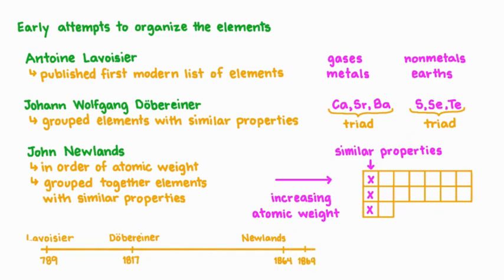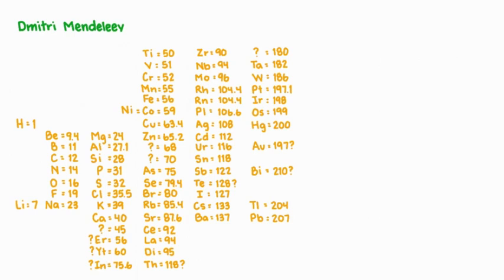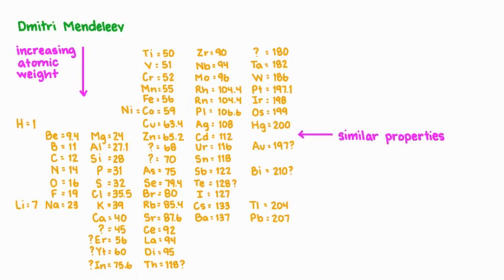5 years later, a new periodic table would be proposed that would create the framework for what would eventually become the modern version of the periodic table. In 1869, Russian chemist Dmitry Mendeleev published his first periodic table. Like Newlands, Mendeleev organized the elements into rows and columns. The elements increased in atomic weight down a column, and elements that had similar properties were grouped into the same